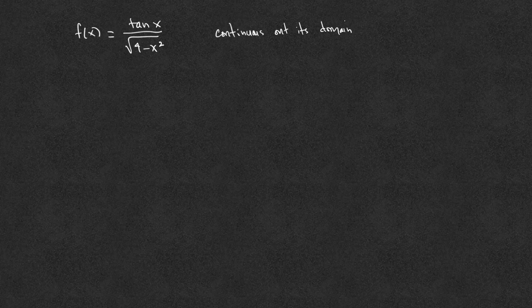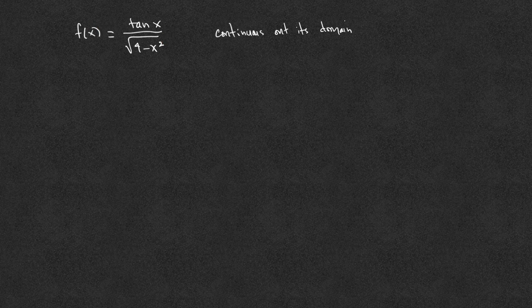Show that the function f of x equals tangent of x over the square root of 4 minus x squared is continuous at every point on its domain, and then find its domain. A function f is continuous on its domain if every function that is used to combine this function is continuous